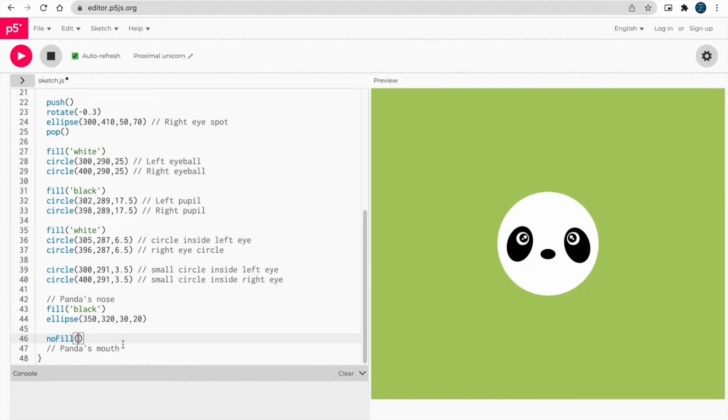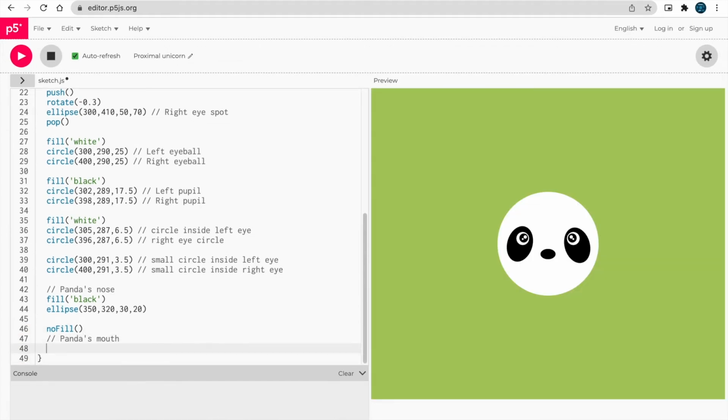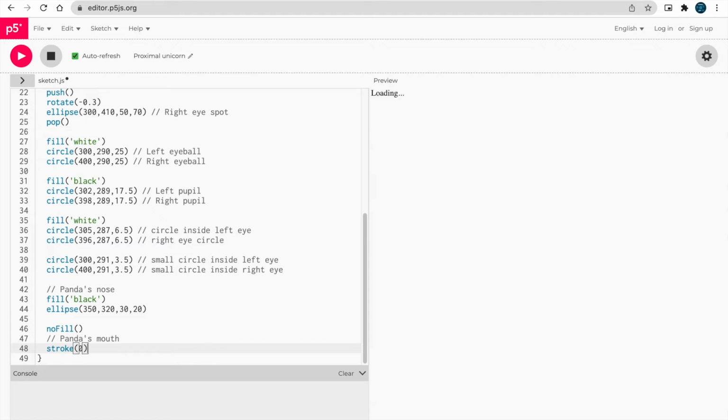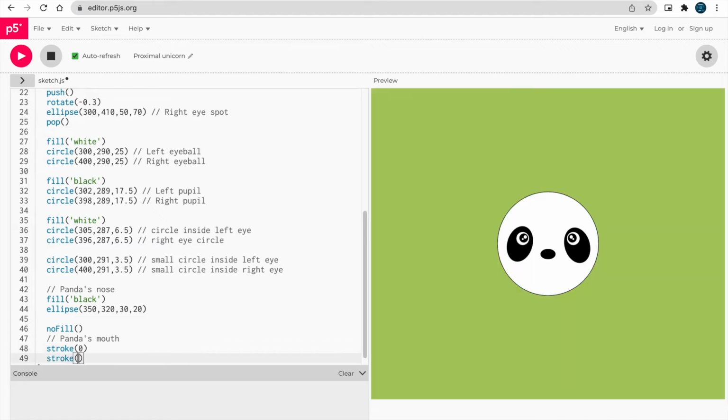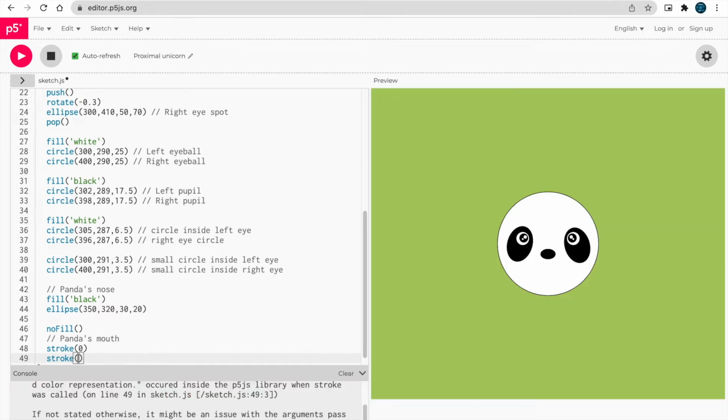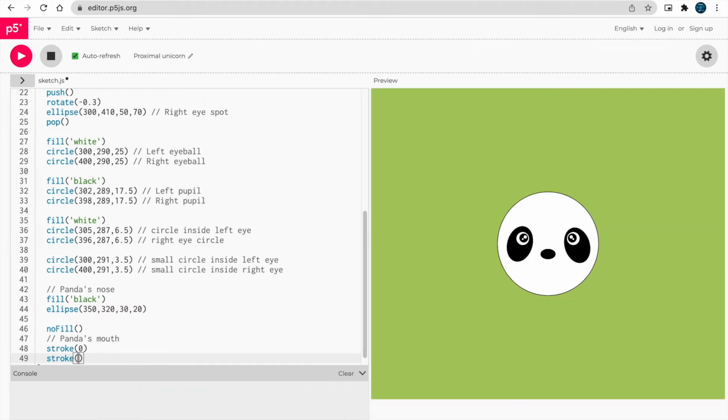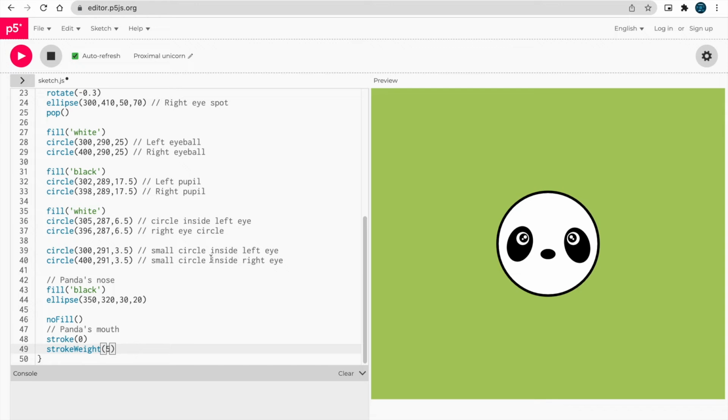It will stop filling, and we won't use a stroke either, so the stroke weight must be 5, because arc is kind of a stroke thing itself. So let's paint the arc here.